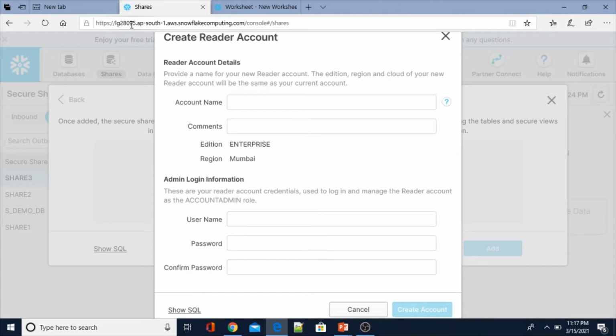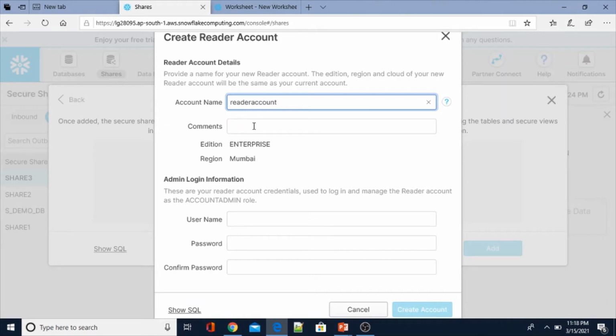This account has been provisioned in the Mumbai region, and the edition is Enterprise. So the reader account we create will also have the Enterprise edition and the Mumbai region. Now let me provide a name. Here I am going to provide the account name as reader. It could be any name.